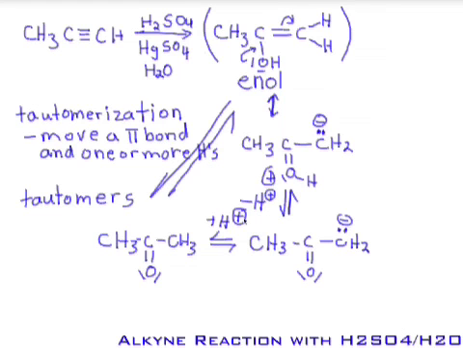Note that you get Markovnikov addition. The H plus adds to the carbon with the most hydrogens. You get H2O adding to produce the enol. And then tautomerization to make the ketone. And so, if I were to draw the product for this reaction, if it was given as a reaction, I would be expected to draw